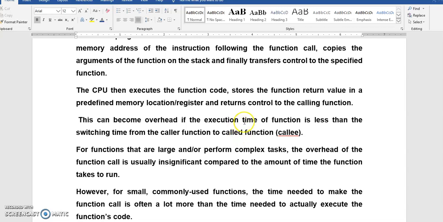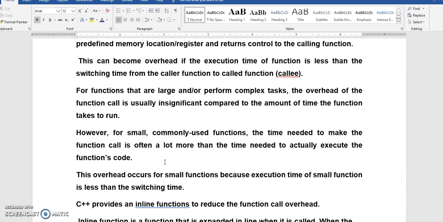If I have a function with more statements, then I can go for a function. If my function has only a single statement, then it is unnecessary to have a function. Instead of that, we can have some other option. Execution of a single line is not going to consume much time, whereas switching between the caller function and the called function will consume more time. That is why it is better to go for inline functions in the case of single-line statements, in order to reduce the overhead in the function call.